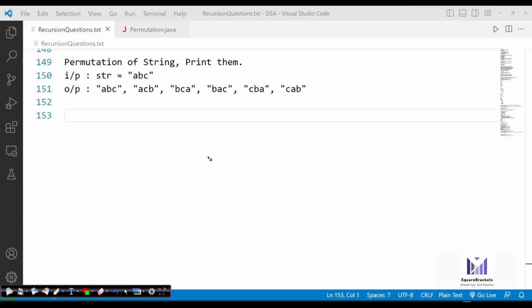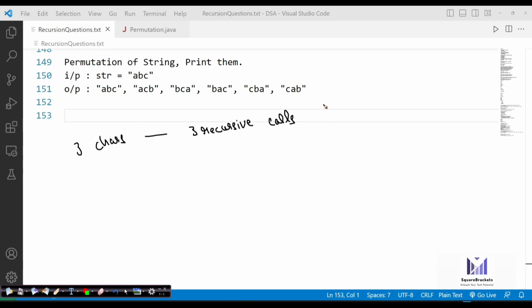If you have three characters available, you are going to have three recursive calls initially. Now pick one character from the string, make the remaining string as input and the one character as output.